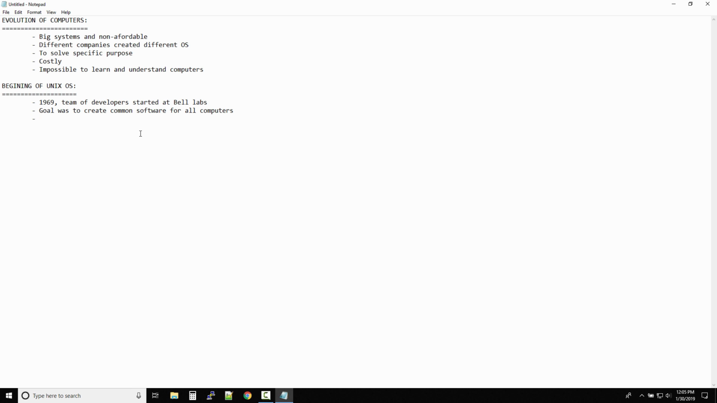So with this, when they started with this project, the project was named Unix. They named the project Unix and started to work towards one common goal, and that was to create a common software for all the computers. Now we also know that Bell Labs is famous for developing the C language. What they did is they started developing the Unix operating system in the C language, so they used C language to develop Unix OS instead of